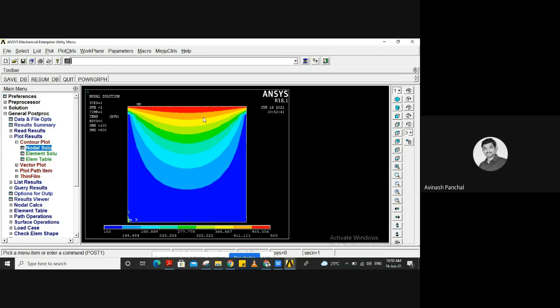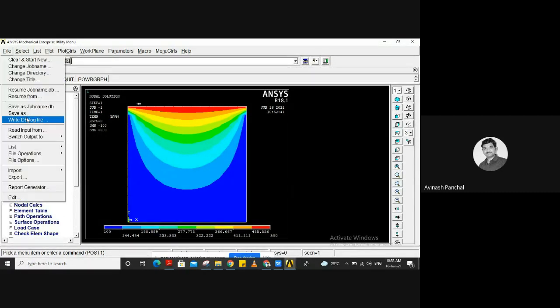The dark yellow indicates a temperature in the range of 411 to 455. Like that we can see the color contour according to the scale given below the model. Here we can see everything, and we just need to give the title.